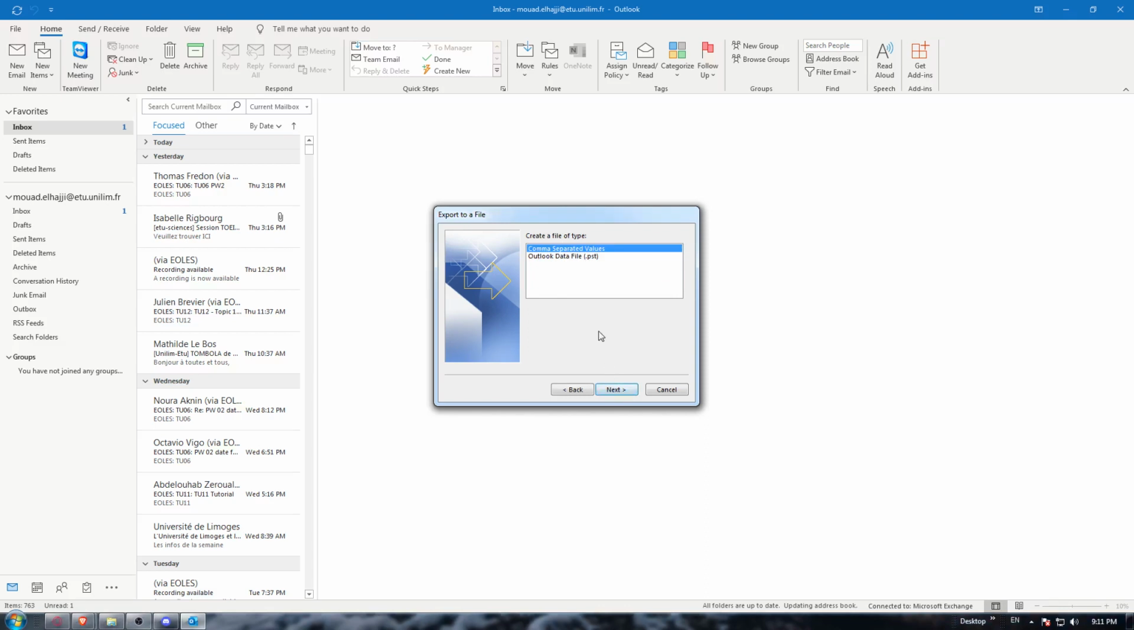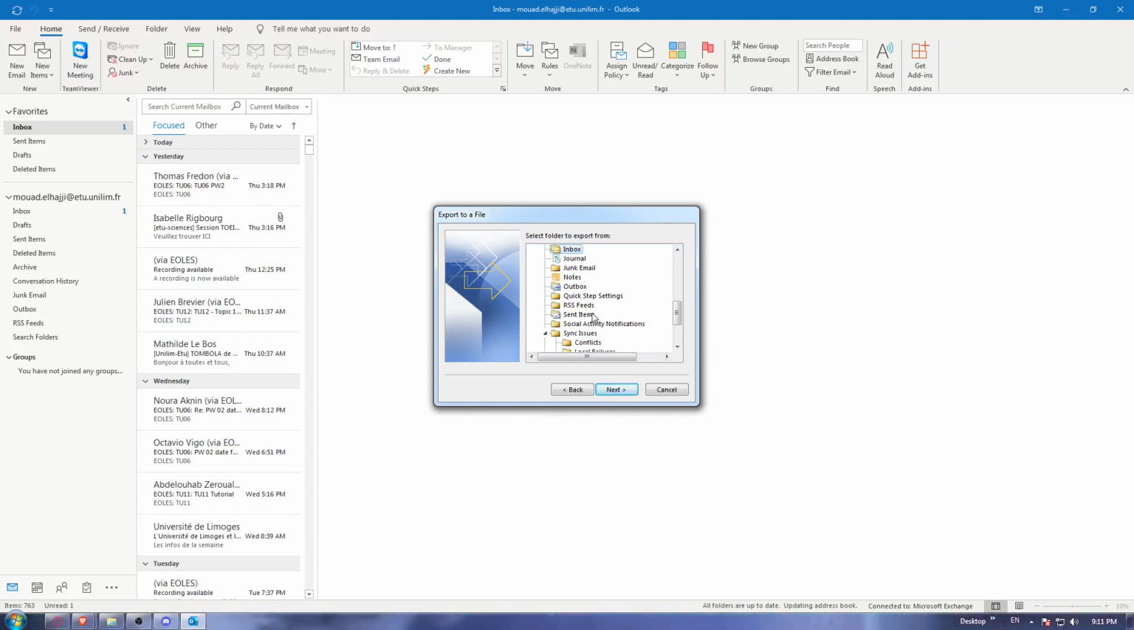Click on Next. From here you would like to select the comma separated values and hit the next button. And here you'd like to select the folder that you want to export the contacts from. Let me just search for that. You will probably want to export it from contacts, as you can see. So just select that and click at Next. And as you can see, you'd like to save the exported file as, name it whatever you want, maybe test or contacts,